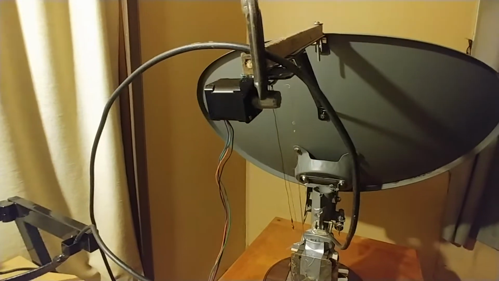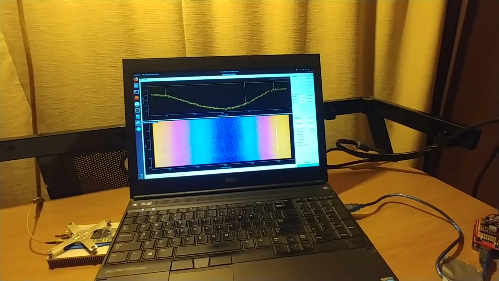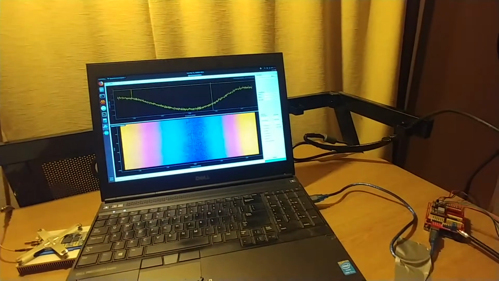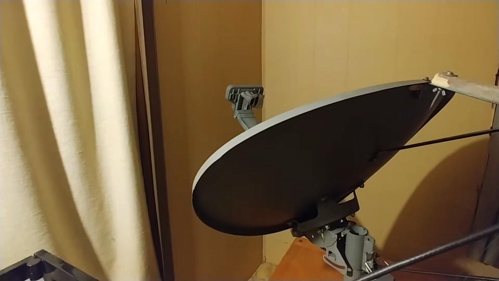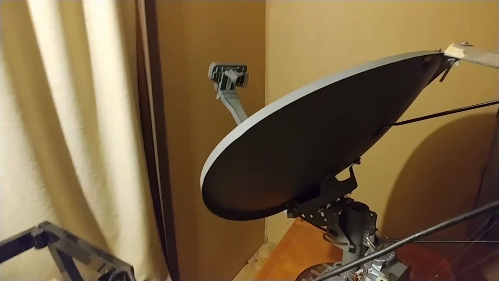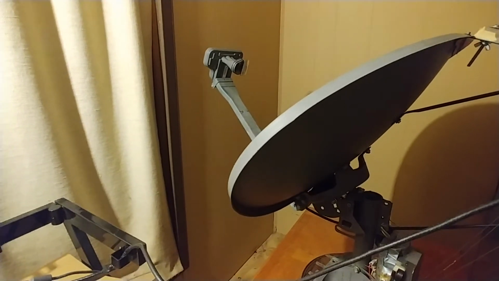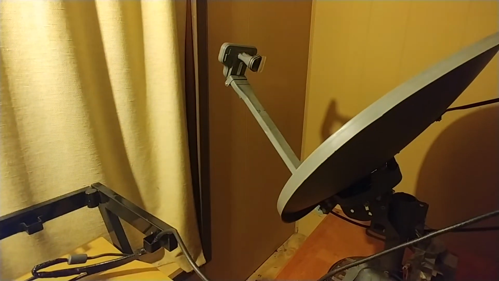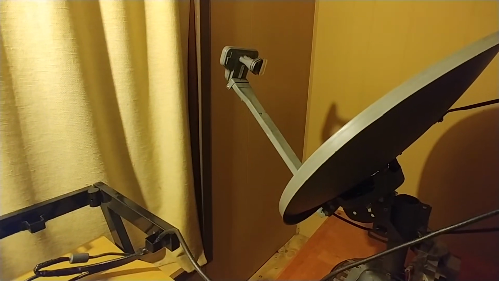Okay, so it's going to swing across. Well, I've already missed some of the frequencies because I wasn't looking at the screen. But my point is this is just showing the kind of loop I'm on. It goes left to right, raises 1 degree. It goes right to left, raises 1 degree. Until it reaches 21